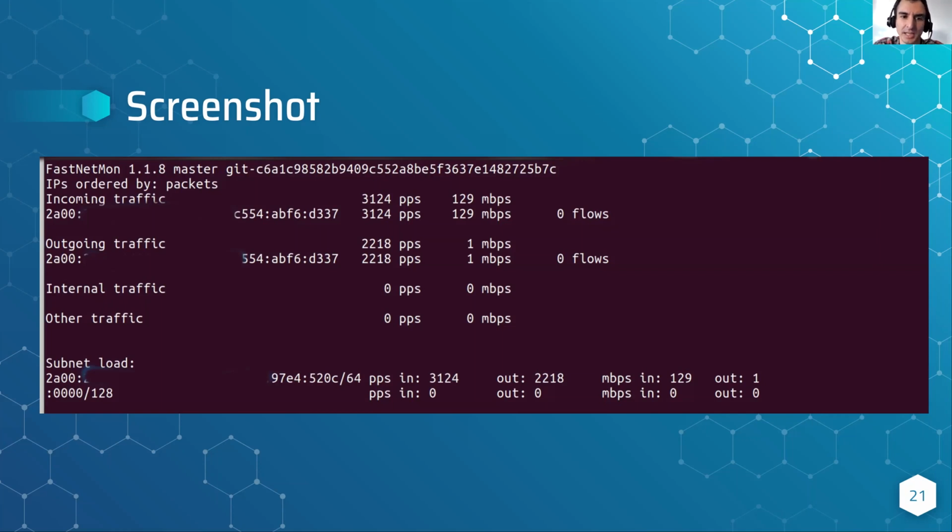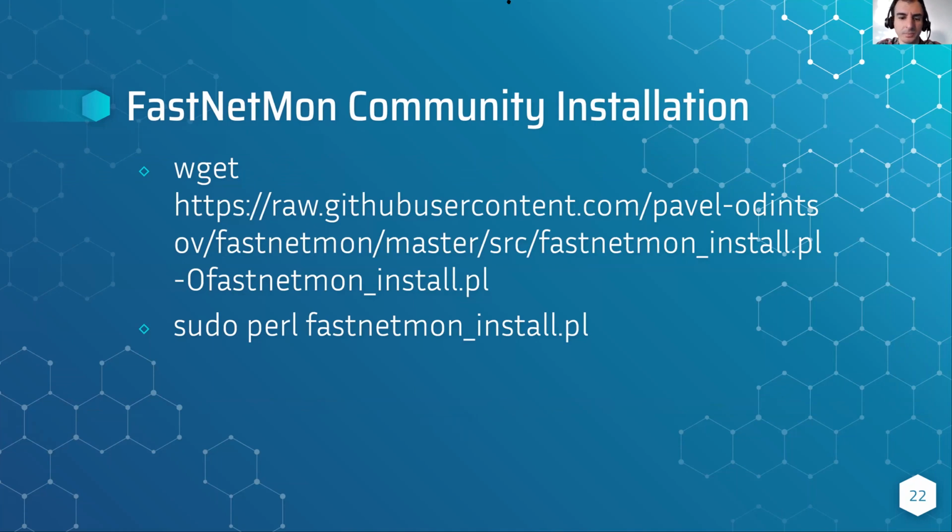Then you can see many hosts, bandwidth for them, flow rate, and it scales very well. We have confirmed deployments of customers with 2 or more terabits of capacity. So no limitation, no issues. And if you hit any issues or bugs, just reach us on GitHub. If you want to try FastNetMon, we support all major Linux distributions. I mean Debian 9, Debian 10, Ubuntu LTS, all of them, from 14.04, 16.04, 18.04, 20.04, and we have support for CentOS 5, 6, 7, and 8.